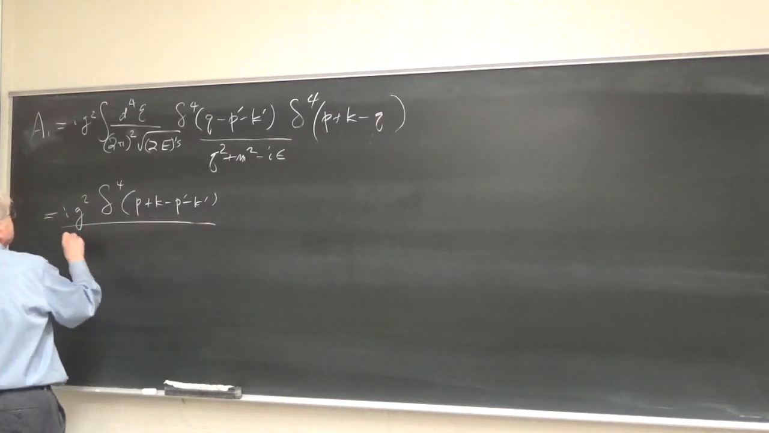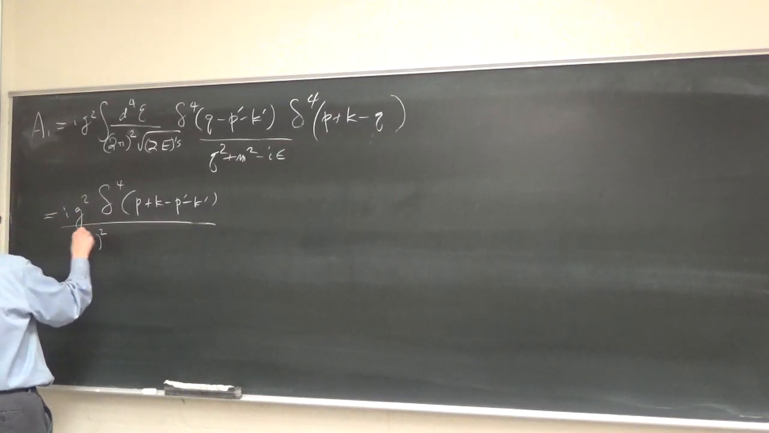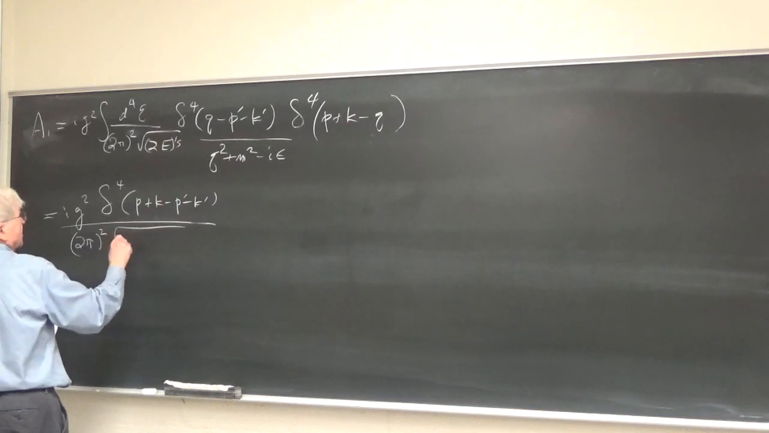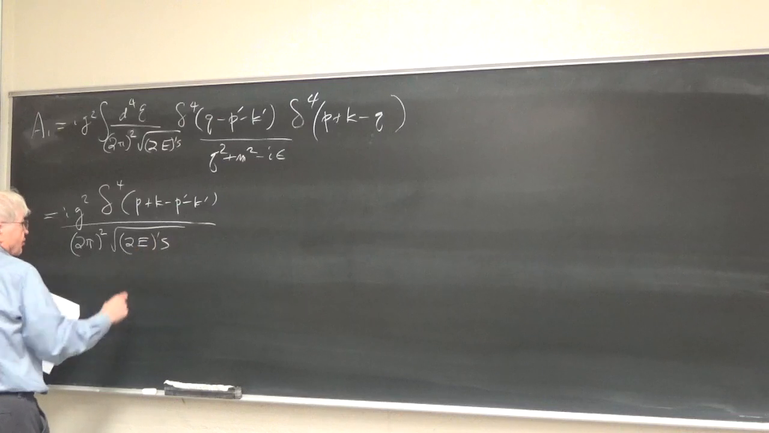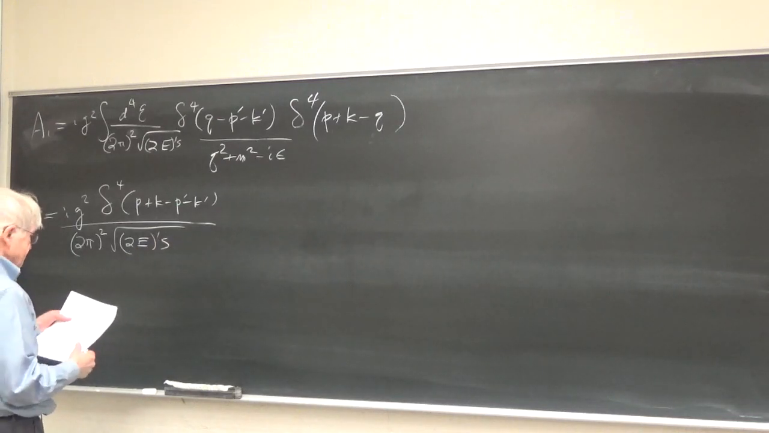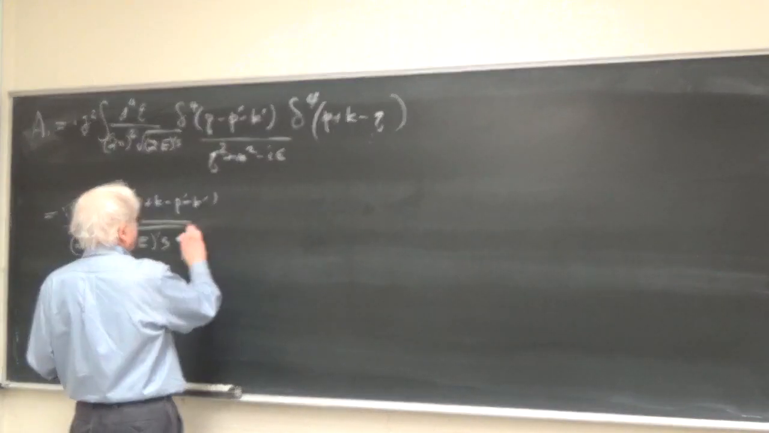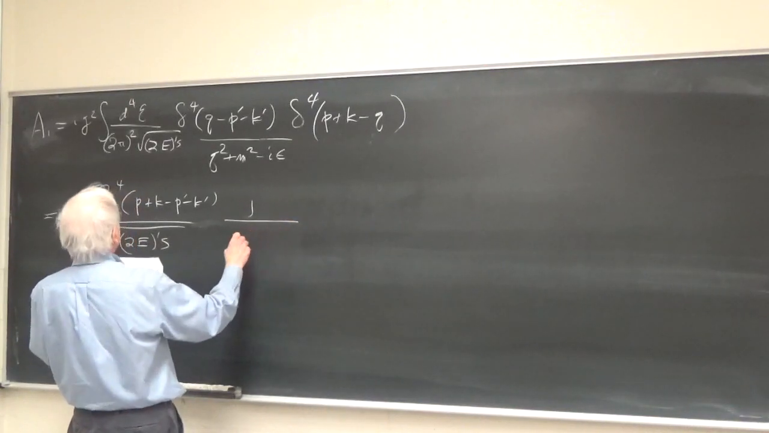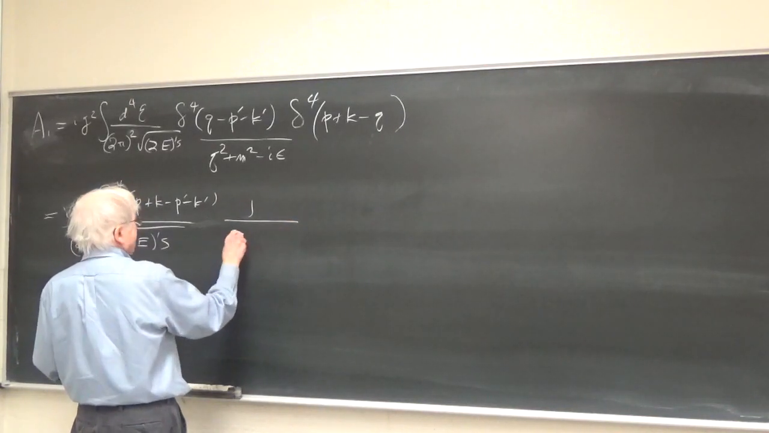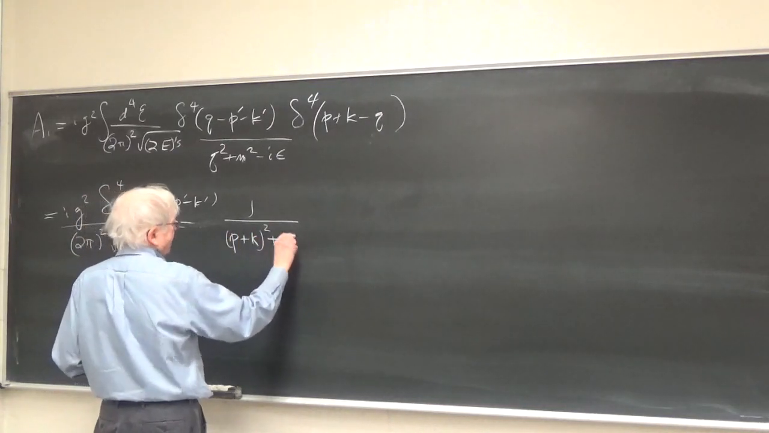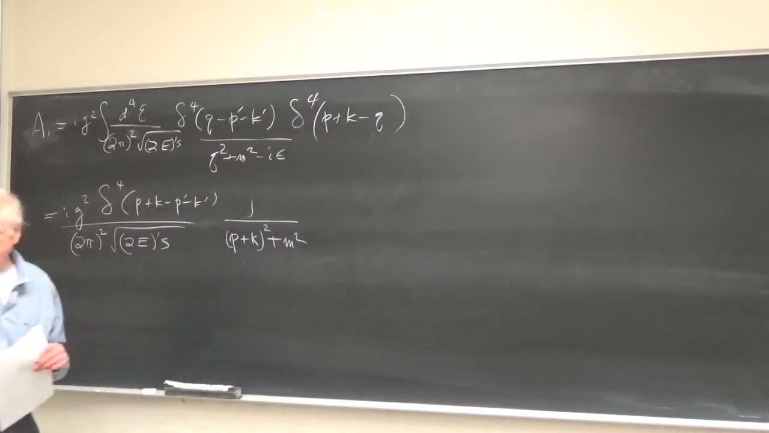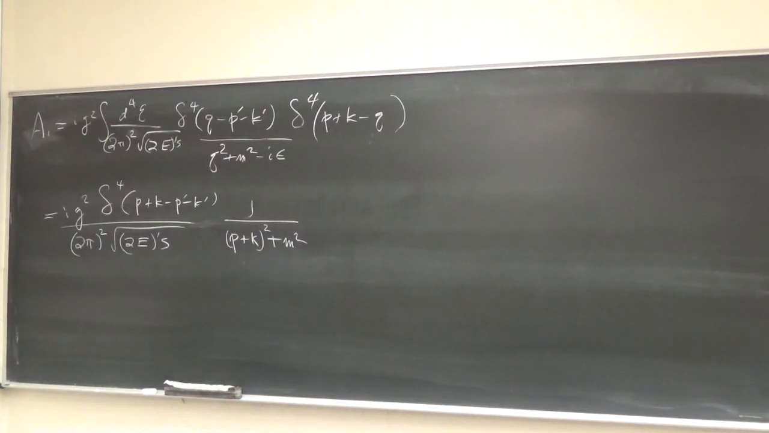You then have 2 pi squared, square root of the product of all the E's, and then 1 over (p plus k) squared plus m squared. And it turns out now that since p and k are physical momenta, by the way,